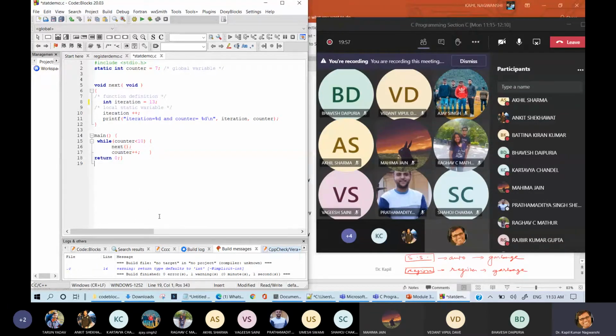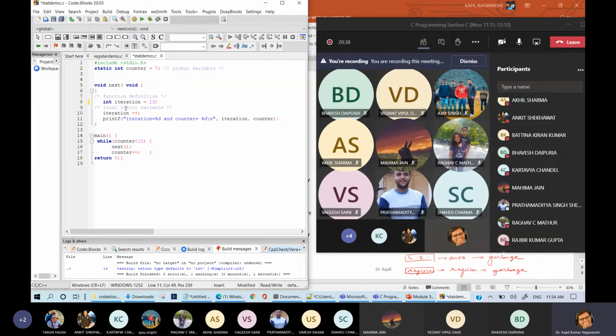Fine. So because the value of counter is already declared, this is a global variable. Now counter will run from 7. Initial value is 7, 8, 9, and up to 9. As soon as this counter value goes to 10, it will automatically stop. Fine. So 3 times it will run: 7, 8, 9. There is no problem. But I am running this program and it is invoked for 7. Whenever I am invoking this for 7, it will print the value of counter and the value of iteration.